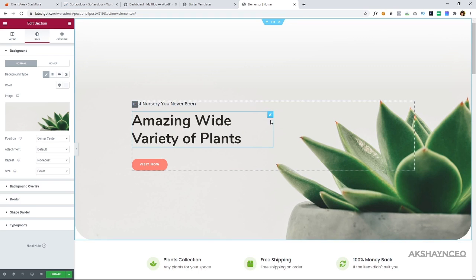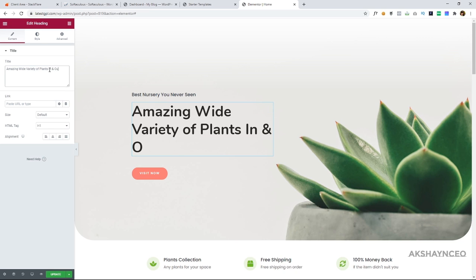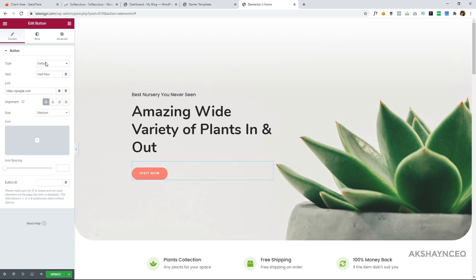If you want to edit this text, click on the pen tool, click on edit, and change it. Amazing wide variety of plants in and out. And if you want to change the button text, you can change it. Now if you want to change the link, you can change it here.